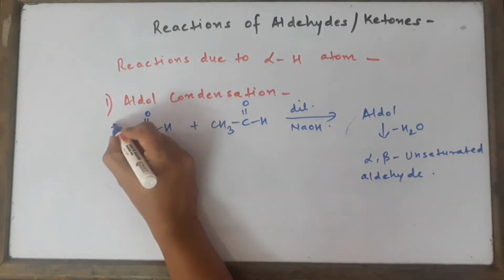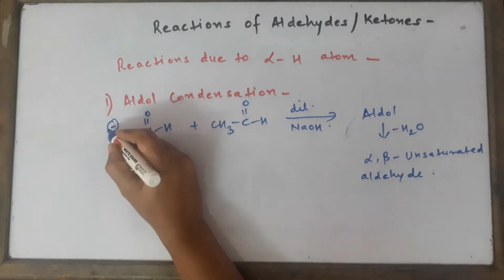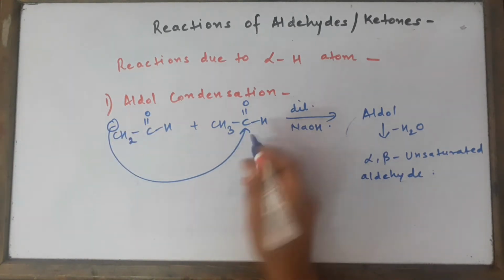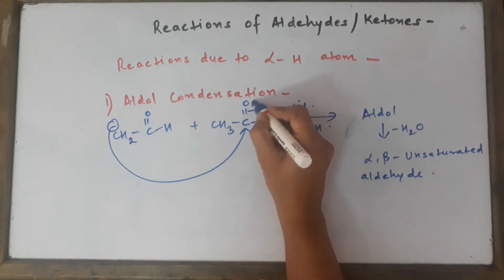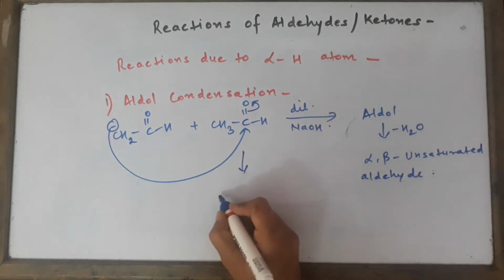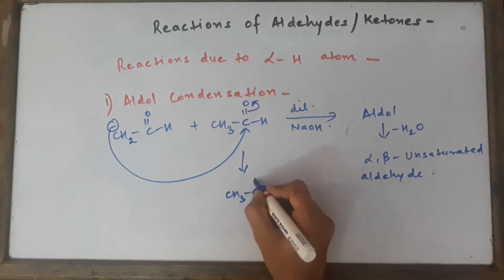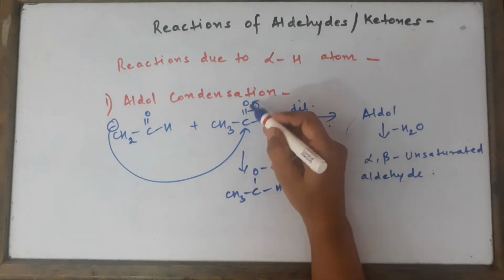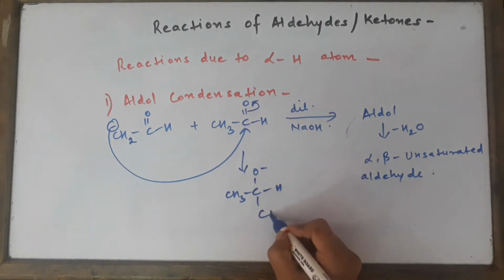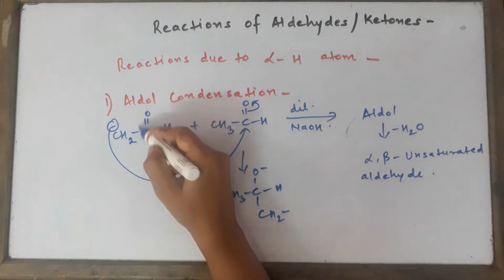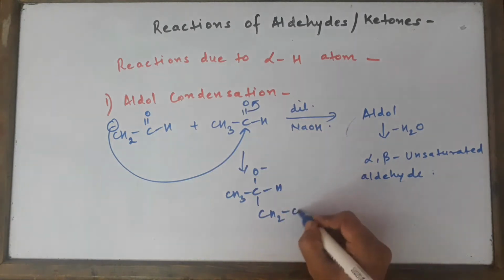Let us see the mechanism. As I showed you a few moments ago, the H plus is removed, so you're going to get a nucleophile like this. In the second step, this nucleophile attacks the second molecule of the aldehyde. So we'll be getting a structure like CH3CHO, with the C-O minus H. Then you make a bond with this carbon atom. So just make it nicely, CH2. I'll write it in a condensed way.